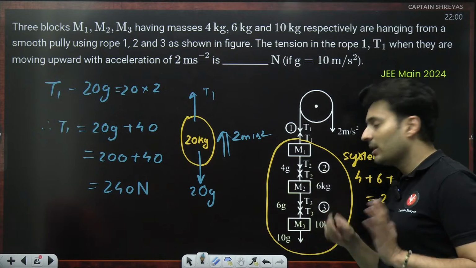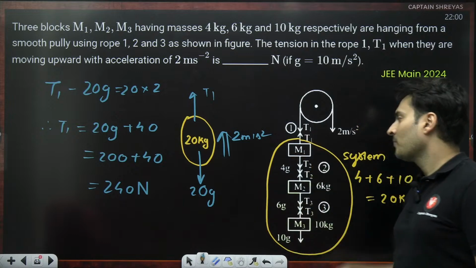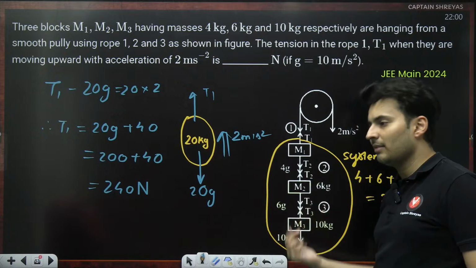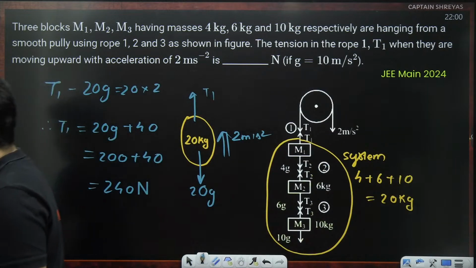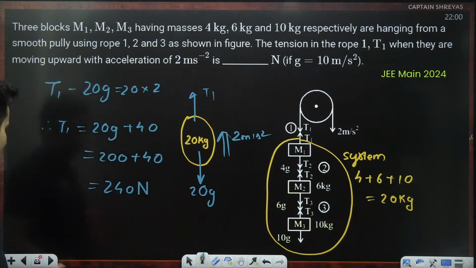See, if T2 or T3 was asked, then it would be a headache. First you find T1, then you draw FBD of M1, then you find T2. If T3 is asked, again one headache only. So this problem was a little bit easy because the uppermost tension was asked, otherwise it would be slightly more